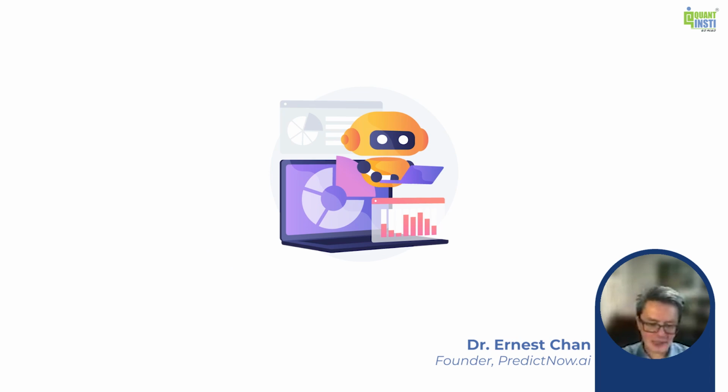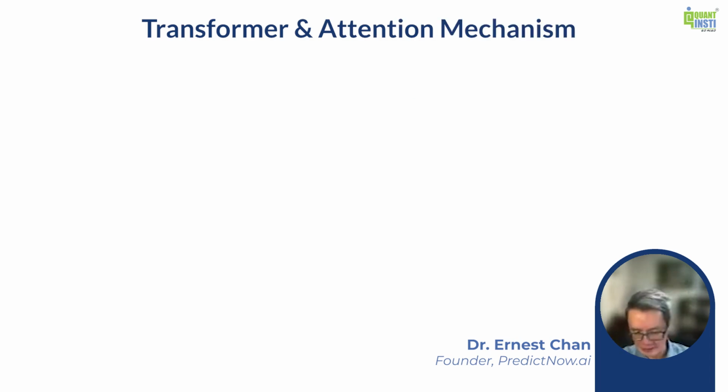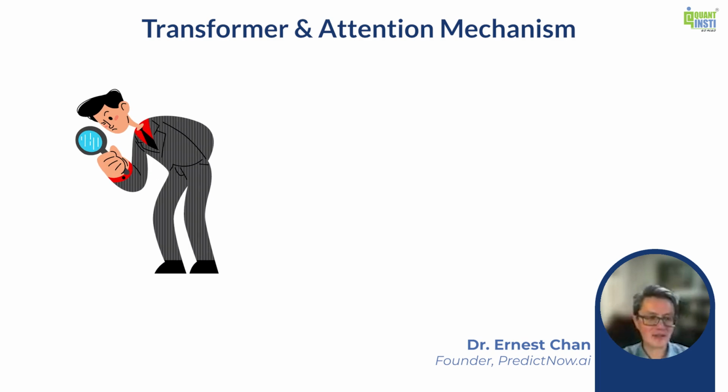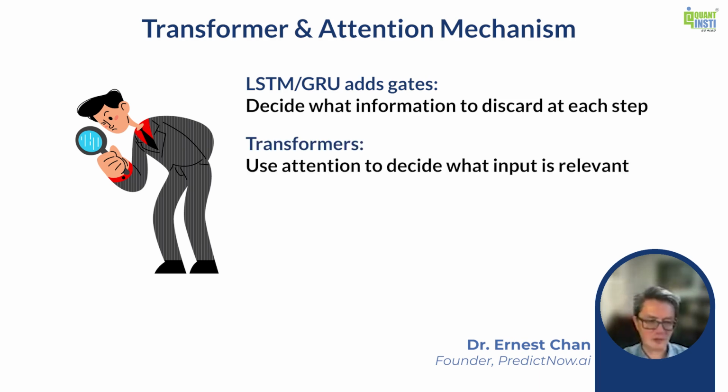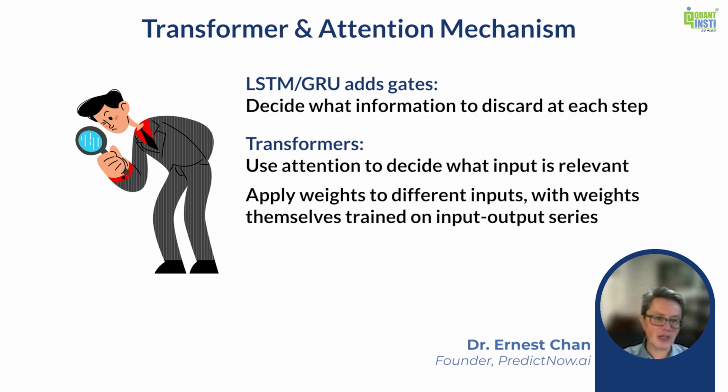You might call the day that GenAI was born is when the Transformer was invented. And the Transformer and the attention mechanism were invented at Google. The attention mechanism is a great advance over the traditional LSTM-GRU methodology to deal with this gradient problem, because the attention mechanism applies weights to different inputs. I mean, the gates in LSTM and GRU also apply weights, but in a less surgical way, in a less precise way. Whereas attention applies weights to multiple different inputs, and those weights you can train